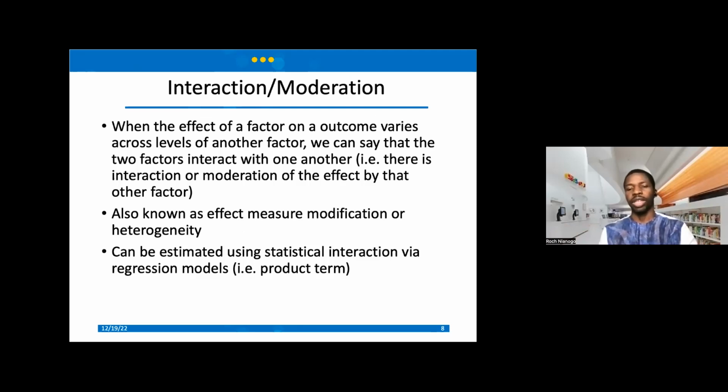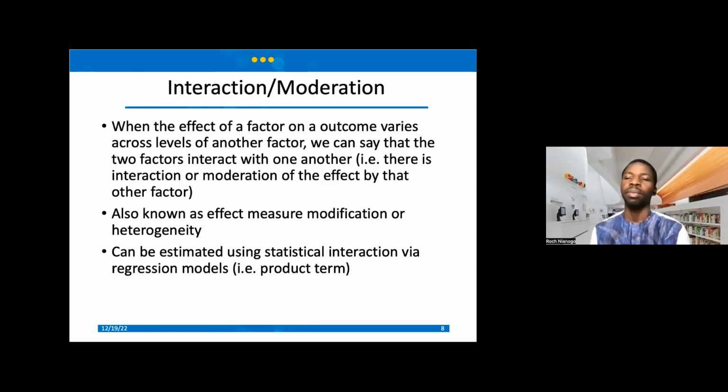So you can think about it, for example, if not exercising increases one's risk of heart disease by twofold. And the risk, let's say, is 2 on the risk ratio scale for males, and about 1.2 for females. We could say that there is a difference in the level of risk depending on whether you're looking at males or females, right? So this is an example of what we call moderation.